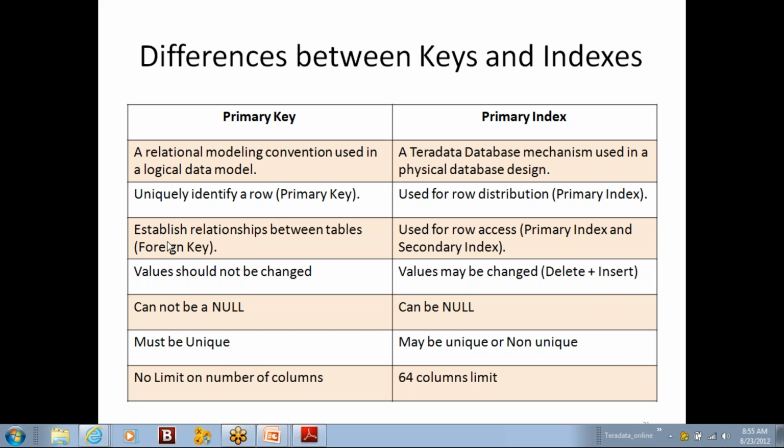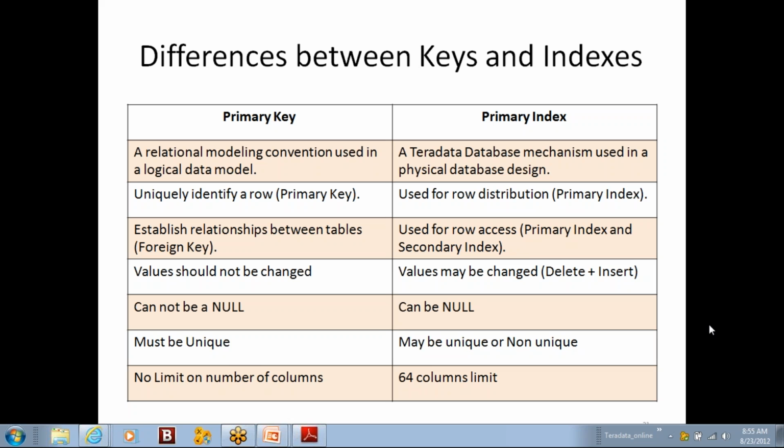The primary key establishes relationships between tables with the help of foreign keys, but the primary index is used for row access. How we retrieve the rows from the table is defined by the primary index or a secondary index, whatever the index is.